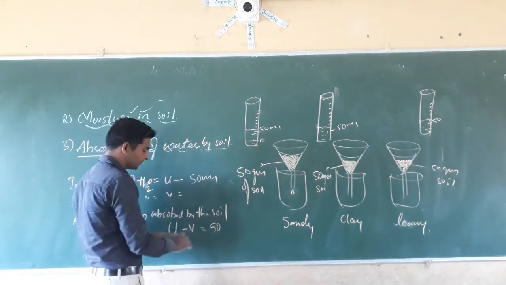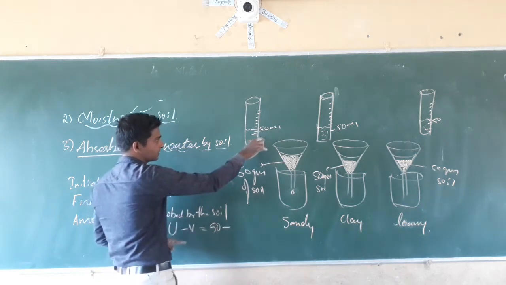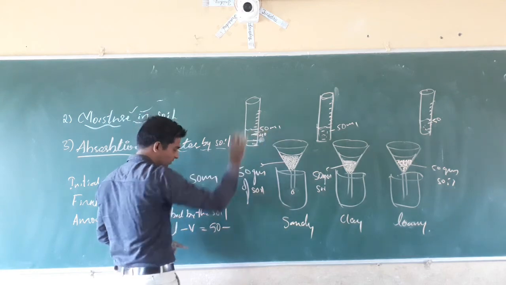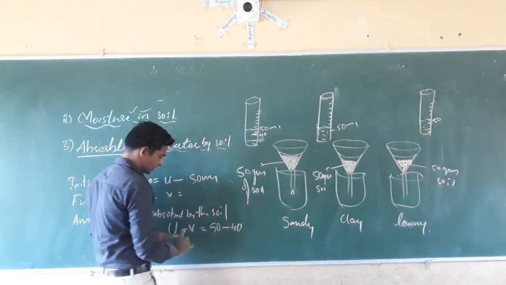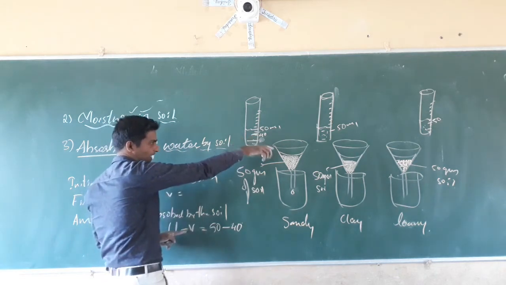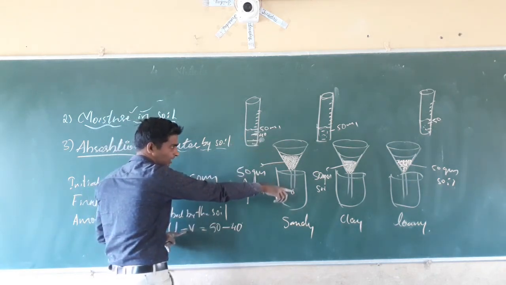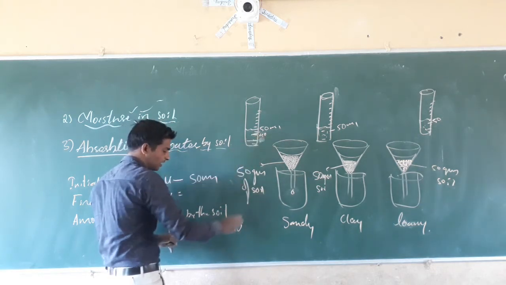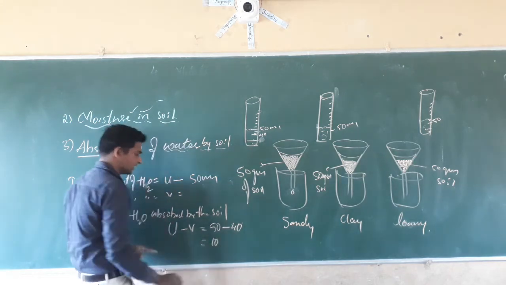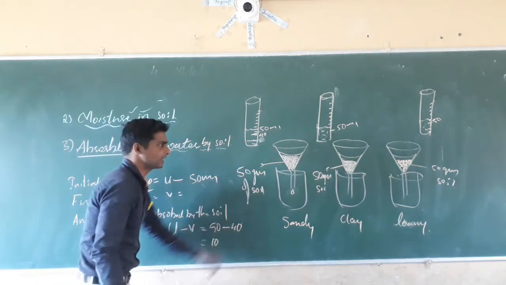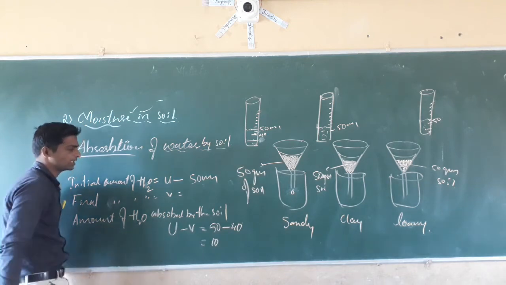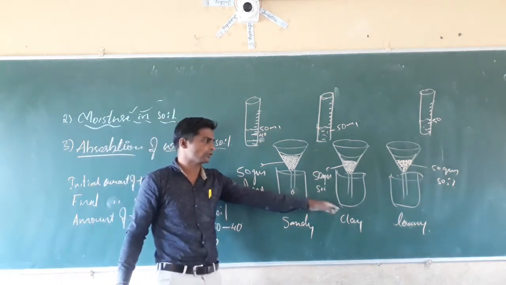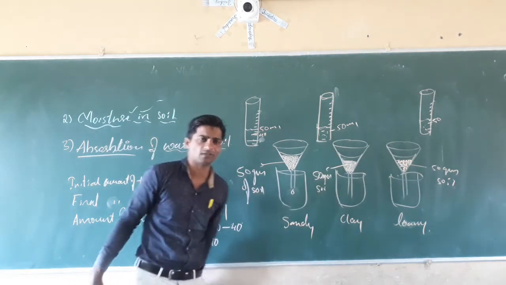Now on final, what happens? That is minus 10 ml was absorbed, that is 40 remains. See, 10 ml was removed, that is the final volume. You pour 10 ml, after pouring the 10 ml, a drop appears. Then you stop the pouring. Then you saw that 40 ml remains. That is 10 ml. That is the absorption rate of sandy soil, 10 ml. Isn't it? Like that in case of clay soil also, in case of loamy soil also, it is different for each soil.